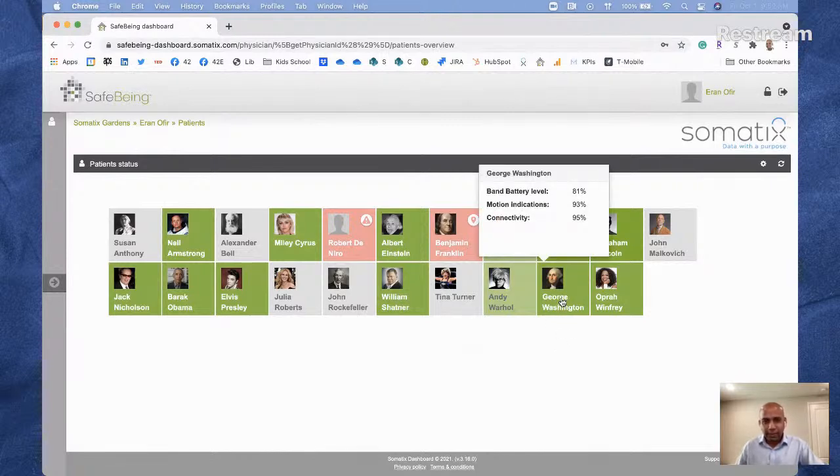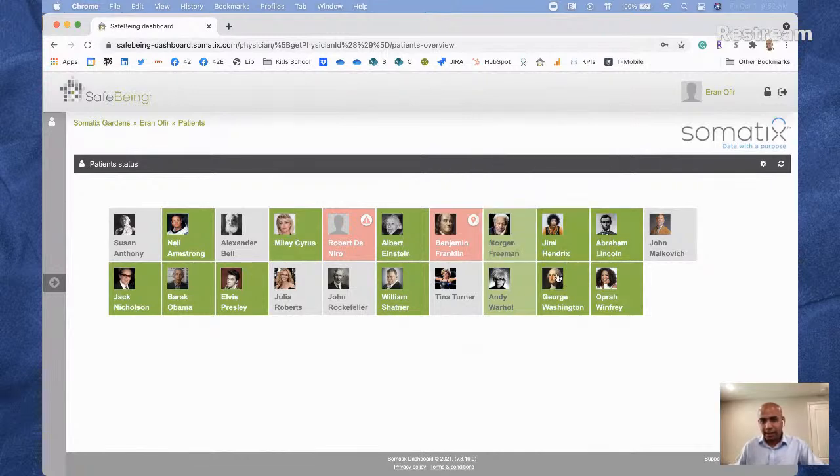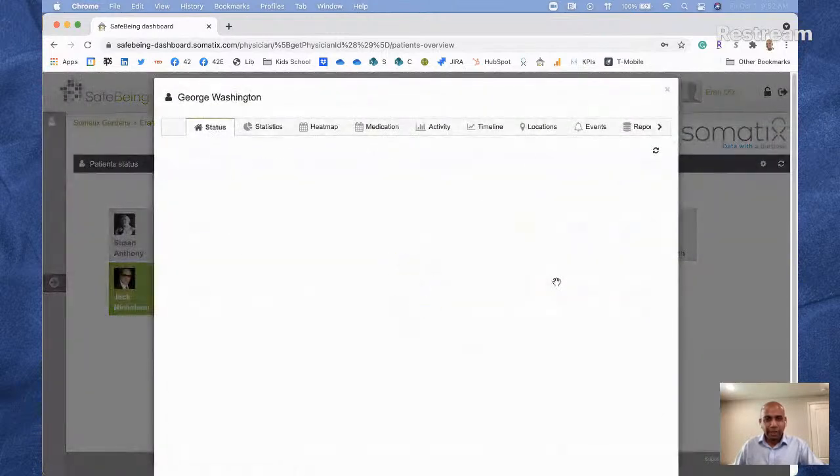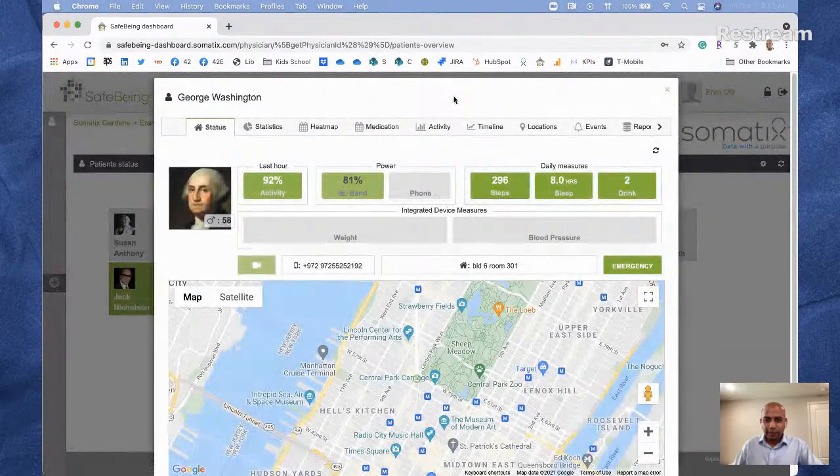So here you can see the intensity of green showcases the activity level of the patient in the last 1 hour or so. They have been connected for 95%. The band battery is 81%, which is great. So let me just click on this patient. Then it shows where they are located,